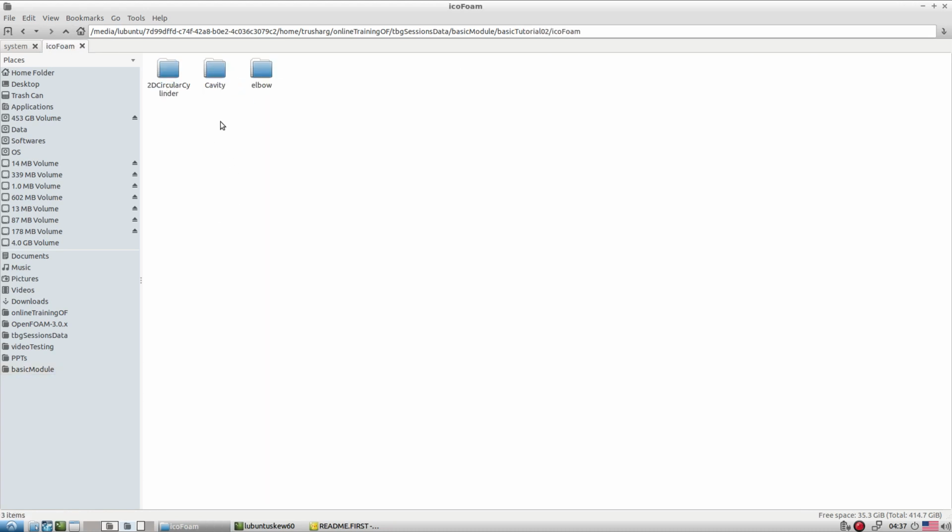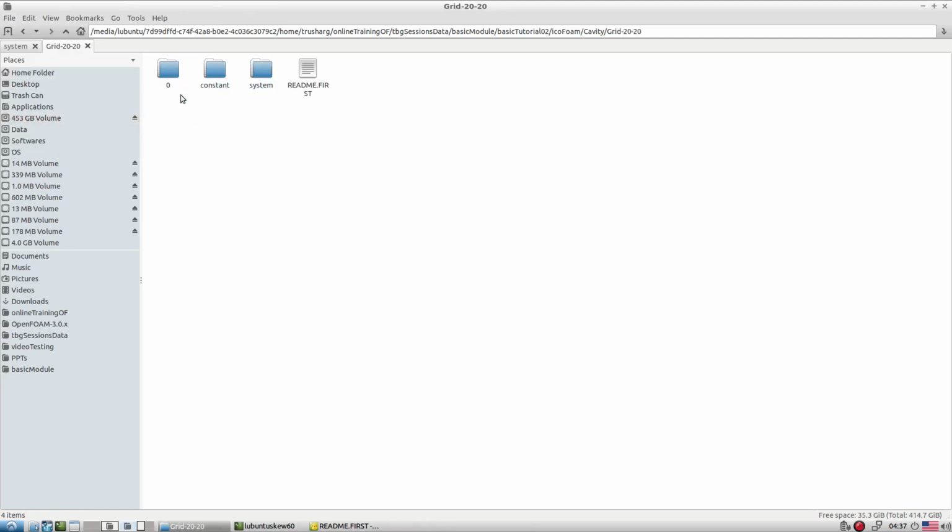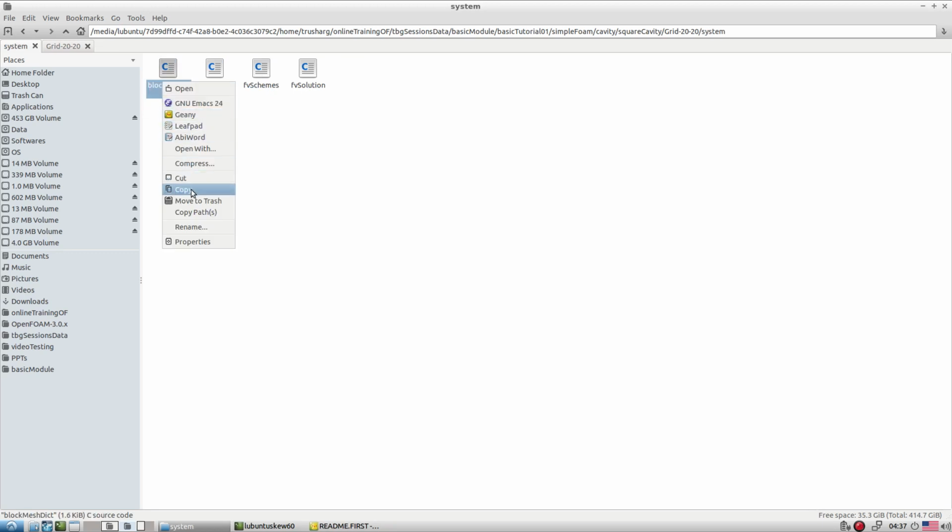So let me again go back to the square cavity. I am creating one square cavity, but of a very small size, so I can quickly finish the case at 20 by 20. That is the file size I am looking at. For that I require the settings from our previous tutorials, so I am adapting the mesh size from the square cavity 20 by 20 and taking the blockMesh file from there to here. So this is the blockMesh file.